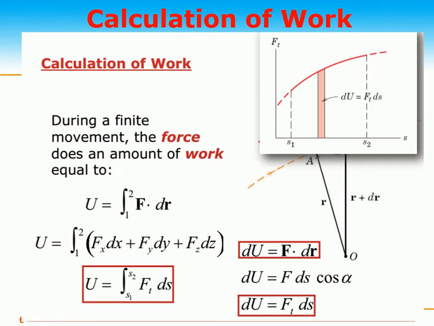If I'm talking of the force having all three components in space, it's simple: integral from s1 to s2 of F_t ds, or in one dimension, the total displacement, F dr or F ds cos alpha, or you can say it is the integral of F_t ds. F_t means the tangential force. So the area under the curve gives you the work done, which is simply force times displacement, or the change in kinetic energy, which we have already derived.